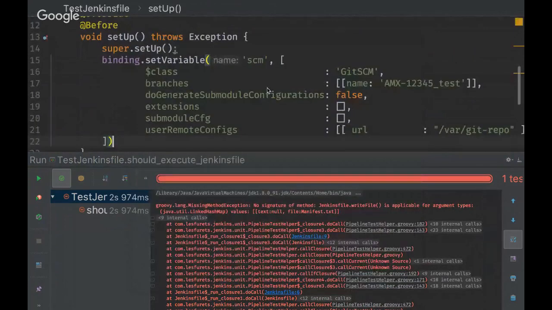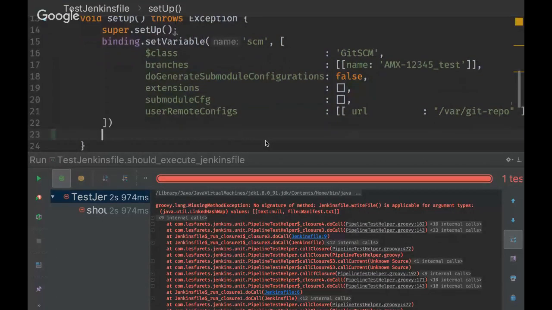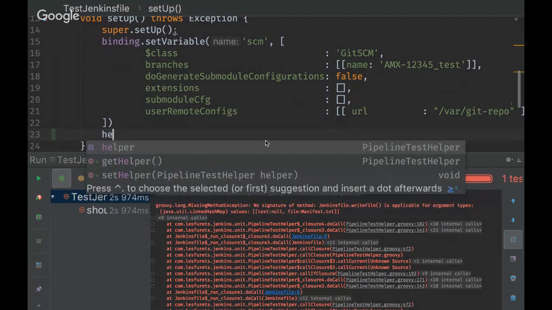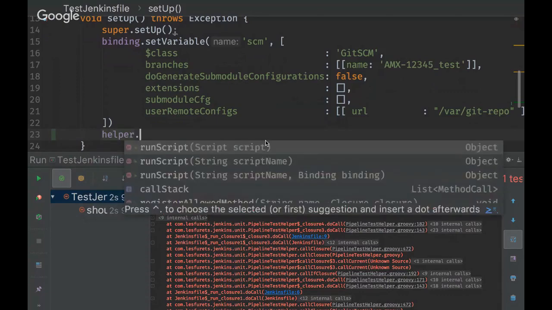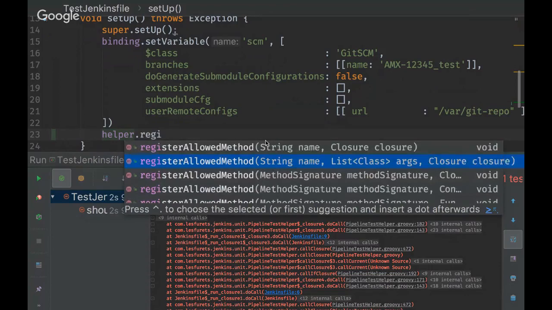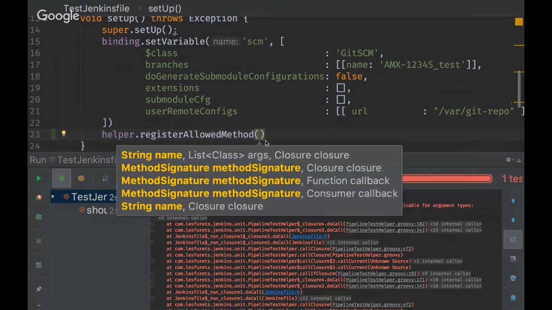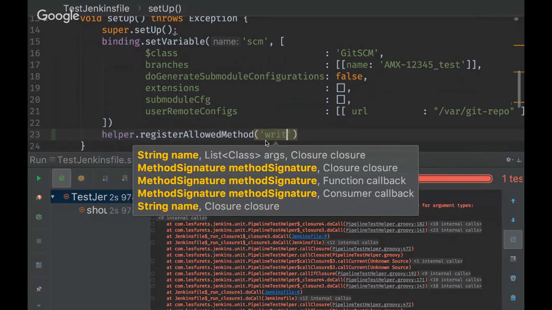Yeah, it is understandable because into the testing framework we defined some of the build steps that are already in Jenkins, but we didn't define all of the steps. So that's for the user to define which steps you are using, and to mock them in a sense. To interface with the framework, you have a helper variable, a field that you can go ahead and register allowed method. So the register allowed method, which is a write file,